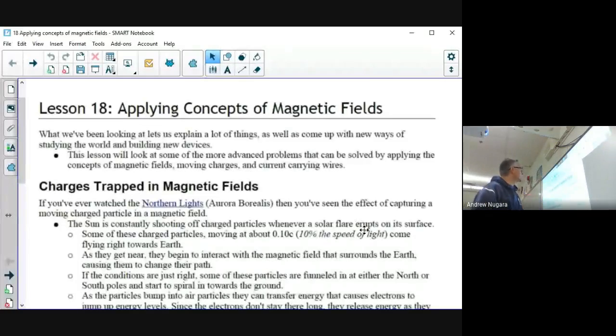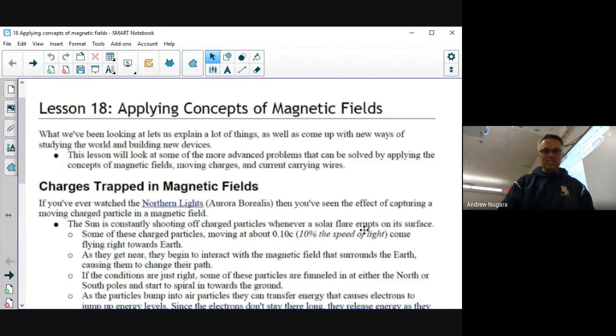Lesson 18. Here it is, lesson 18. I kind of went over a little bit of this in the previous lesson, but lesson 18 is really interesting. I had some really cool videos to show you about what happens to charged particles when they get caught in magnetic fields. Well, charged particles from space, they get caught in the Earth's magnetic field,